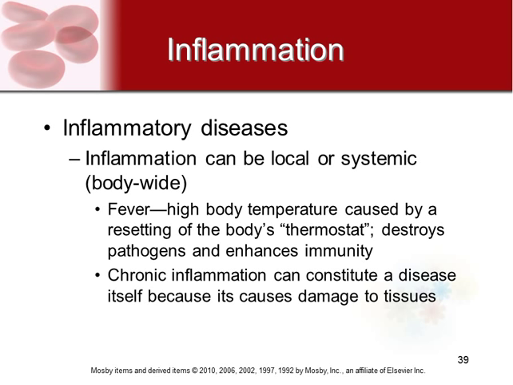But besides just that, there are also some chronic inflammatory diseases. And so you can end up having some chronic issues if you have a disease that keeps triggering it. And that chronic inflammation can actually cause damage, even though it's actually trying to fix it. So that was a brief overview of Chapter 5. And so next you can move on to Chapter 6, the integumentary system.